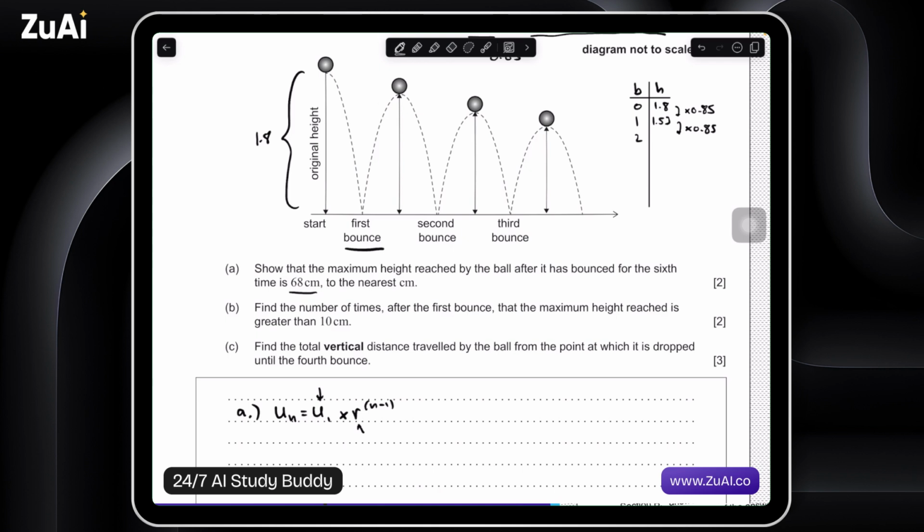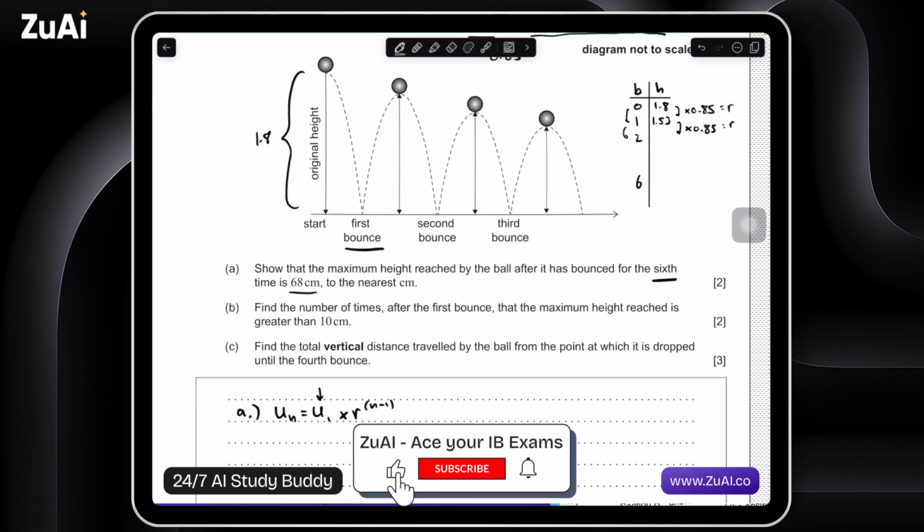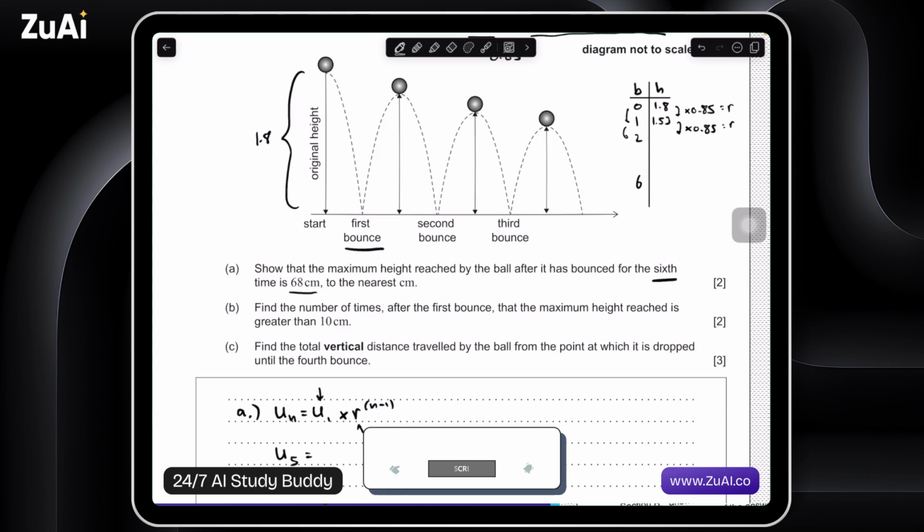So conceptually, if we want to find the maximum height reached at its 6th bounce, we can ask ourselves, how many times do we need to multiply by r, this 0.85, in order to get there? So here is 1, 2, 3rd bounce, 6th bounce, 5 times. So in this case, if we want to find the height from the 6th bounce, we know that U_1 is going to be